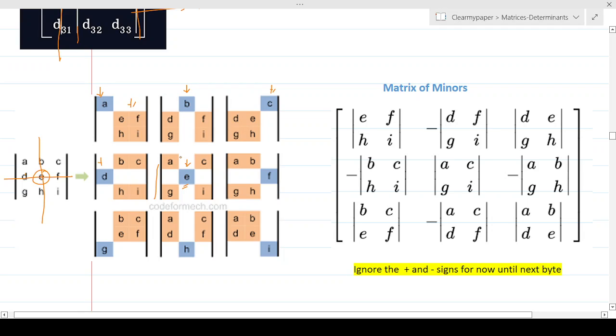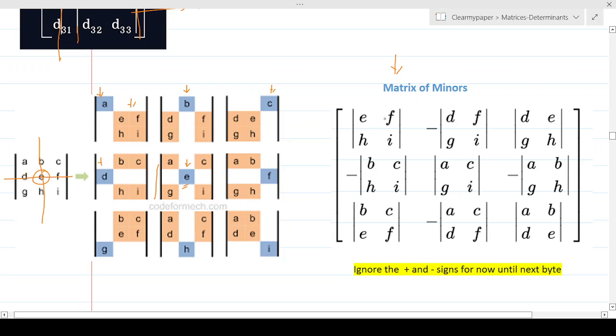So 3 steps: select the element for which you want to find the minor. For that element, cancel the row and the column, or delete or exclude, whatever language you want to use. Whatever is left over, calculate the determinant for that. It will be a number, and that number will be the minor of the very element you deleted in the beginning. And once you compute all the numbers and put them together, for example, if you see this one over here, it's just showing the minors. It's not showing the numbers in blue for which you're finding the minor.